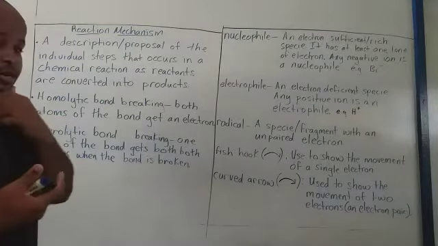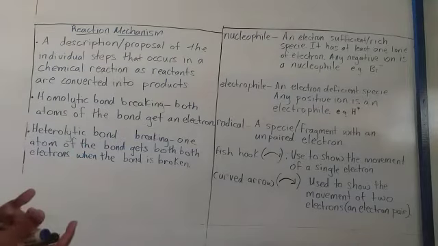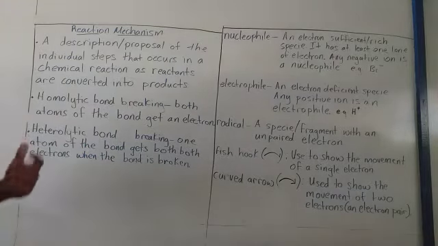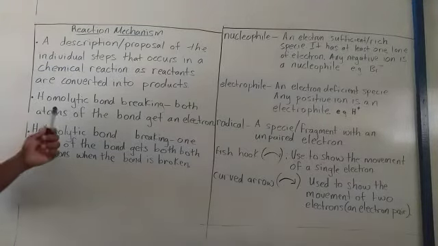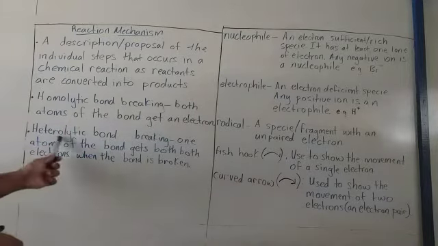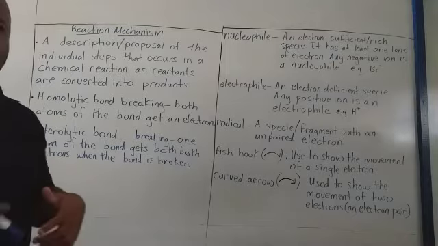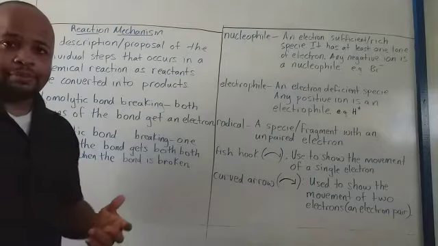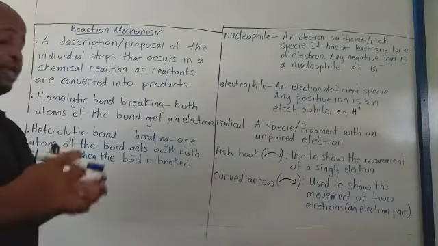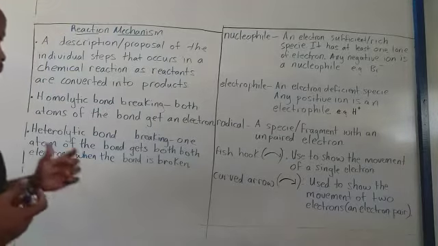So before we start to do any reaction mechanism for organic chemistry, you have to know certain terms. So you can pause the video and look at the terms. So the first one is homolytic bond breaking, heterolytic bond breaking. So when a covalent bond breaks, so in organic chemistry, chemistry of carbon atoms mostly, we are dealing with covalent compounds. So when a covalent bond breaks, it breaks in two ways,